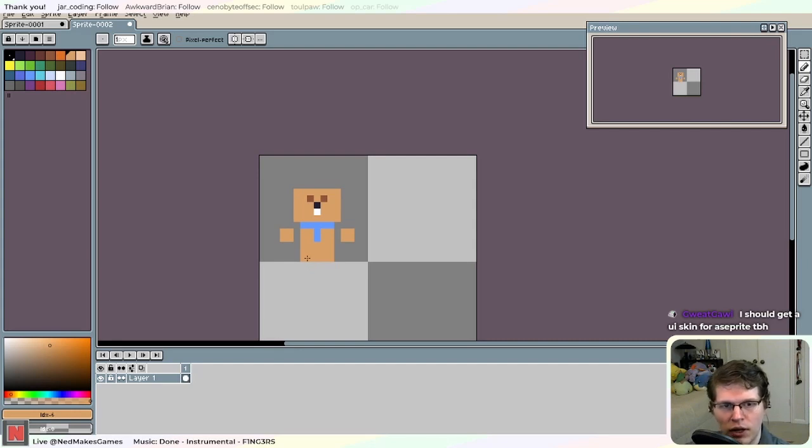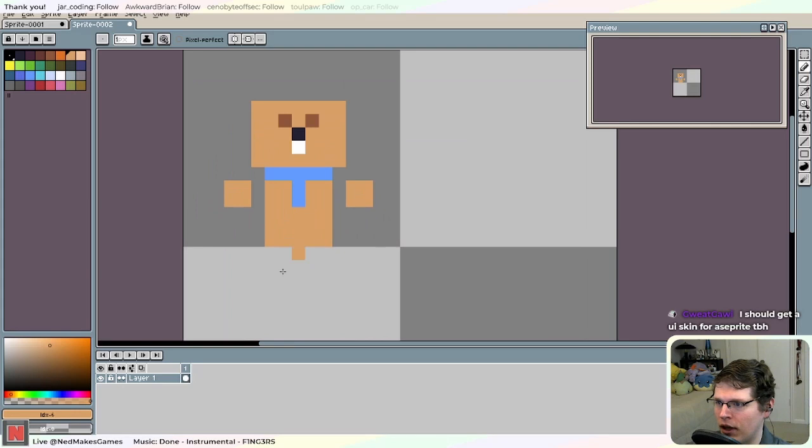Should get a UI skin for Ace Sprite. Yeah, actually, it's funny you mention that too, because I was just thinking about that before I went live. Kind of with like a dark theme or something, but...